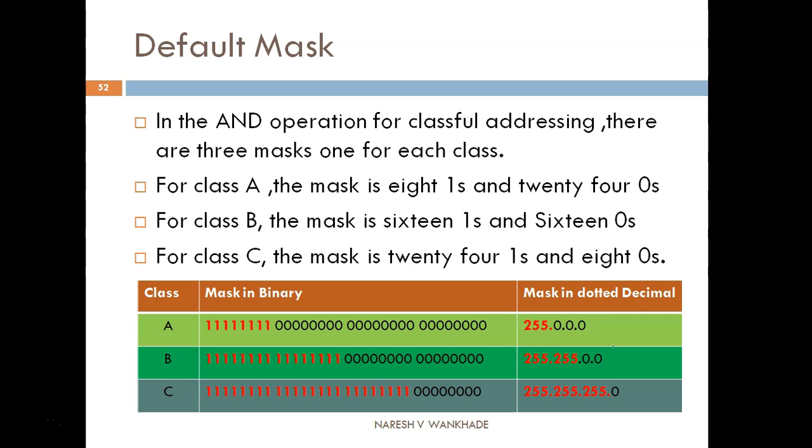For class A, mask is of 8 ones and 24 zeros, and in dotted decimal it is written as 255.0.0.0, means this part belongs to host ID and this part belongs to net ID. First byte of class A belongs to net ID and remaining 3 bytes belongs to host ID. Then